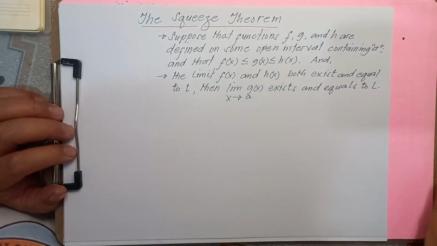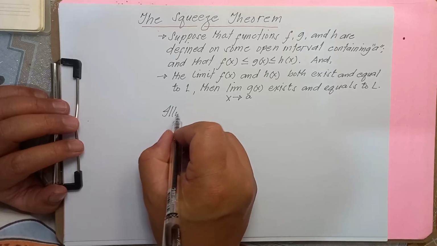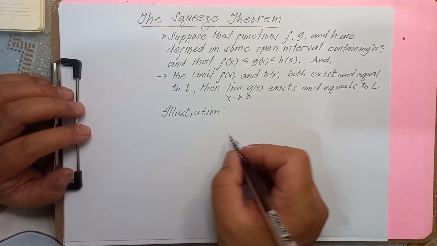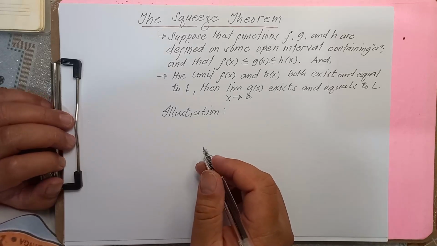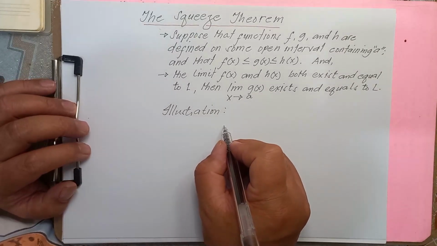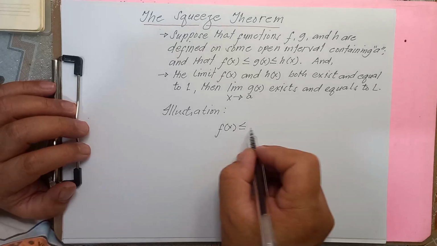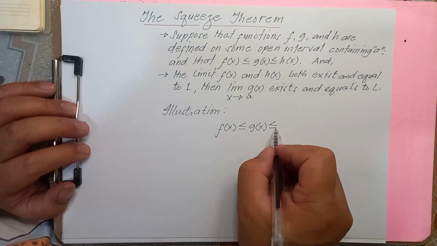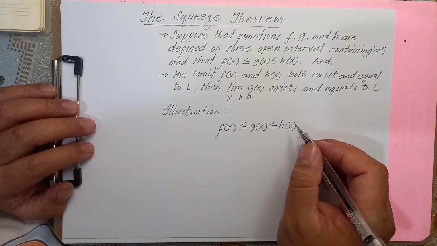Now, how are we going to illustrate that one? Meaning to say, when we are going to illustrate this statement, it is the same as when f of x is considered to be less than or equal to g of x, but g of x is also less than or equal to h of x, and it was established that